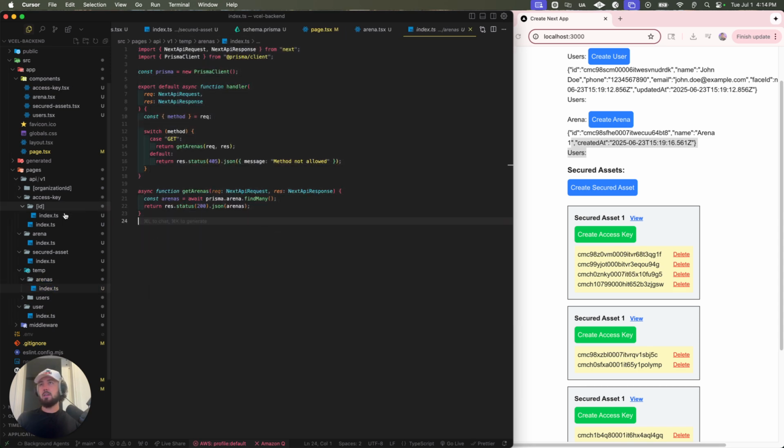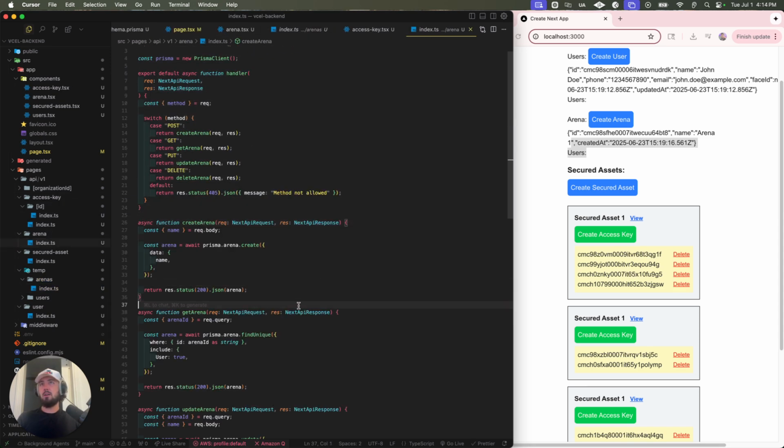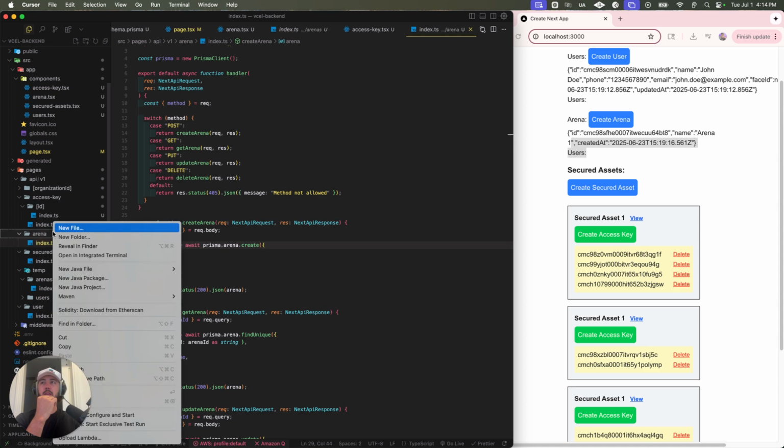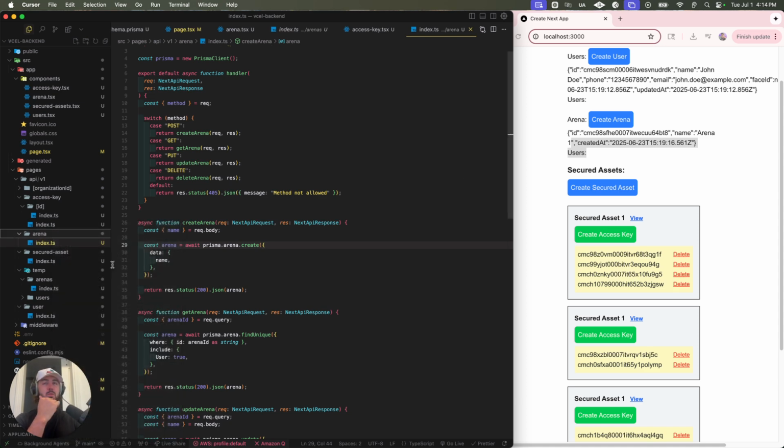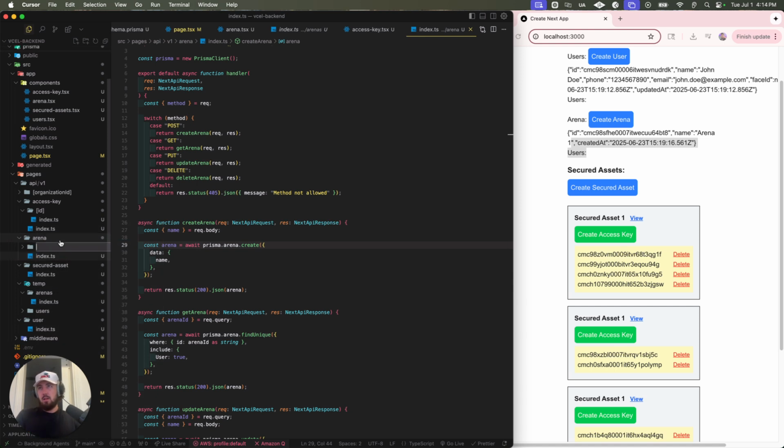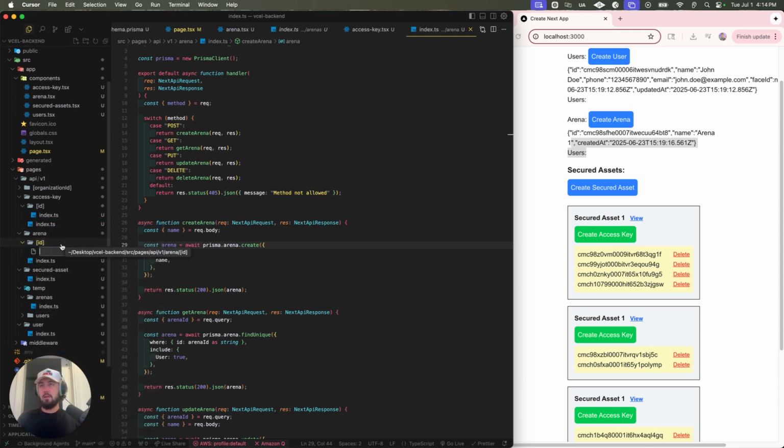We just had get arenas, right? Oh, and then you know what? We need to have the ID of an arena. People can be assigned to an arena, right? So I'm gonna need an API endpoint for that. ID and then assign to an arena, right?